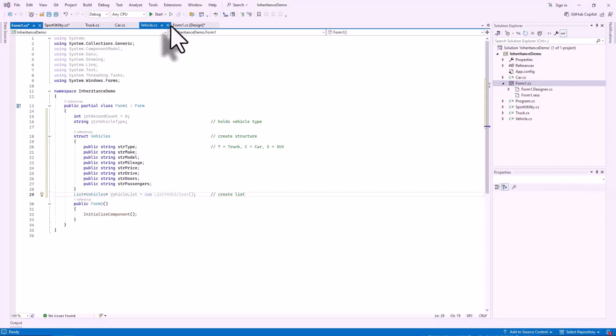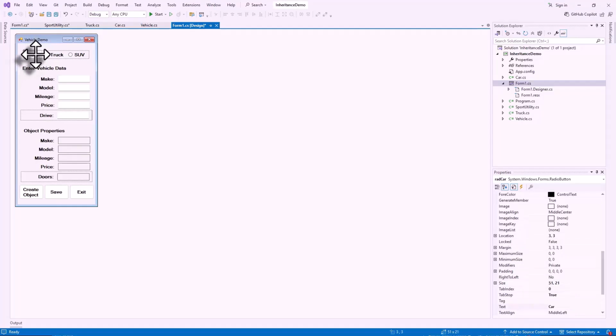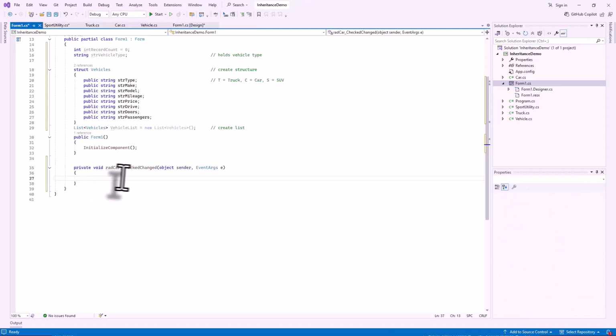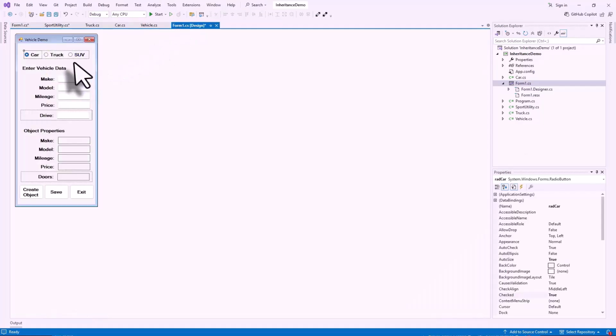We'll go to our form and click on each radio button to create the check change event. For the car class, we click on it and we get the car check change event. What's it going to do? It's going to take those panels and make them invisible unless it's the one we're using. We're also going to have clear input data and clear output data sitting in there, so we'll put those methods in together shortly. We'll go back to our form, click on the truck,